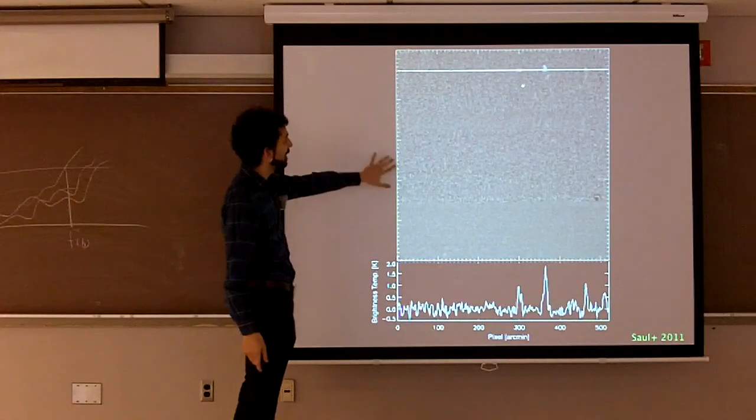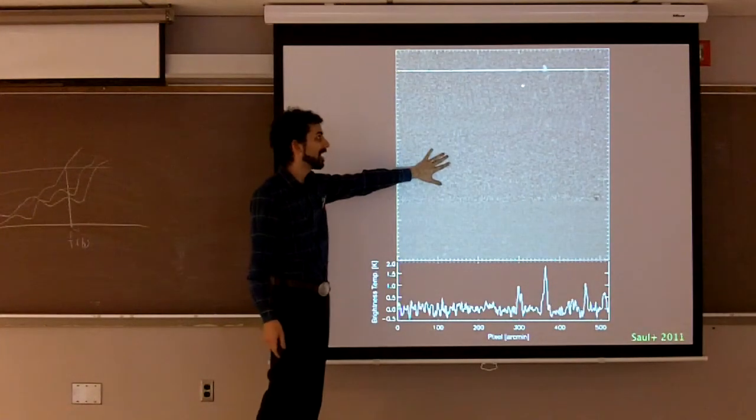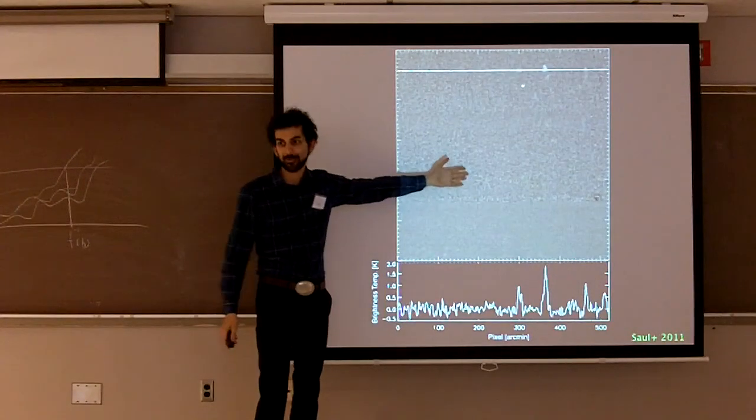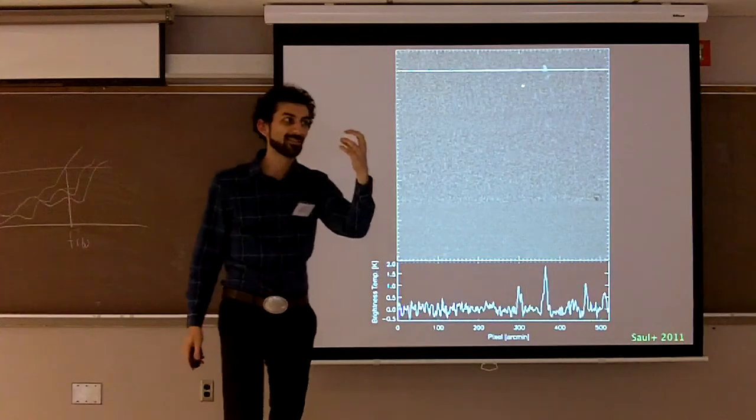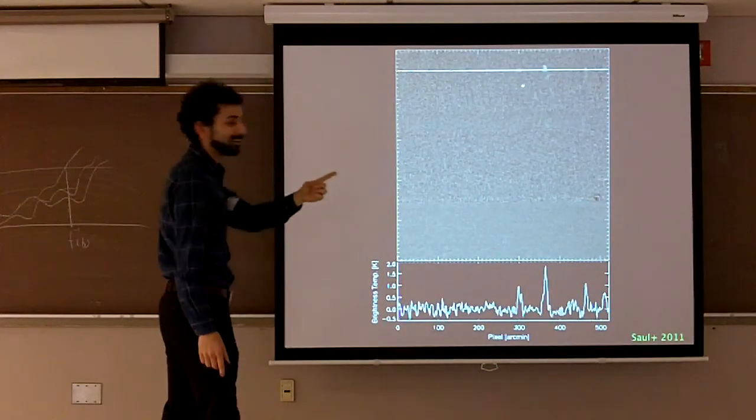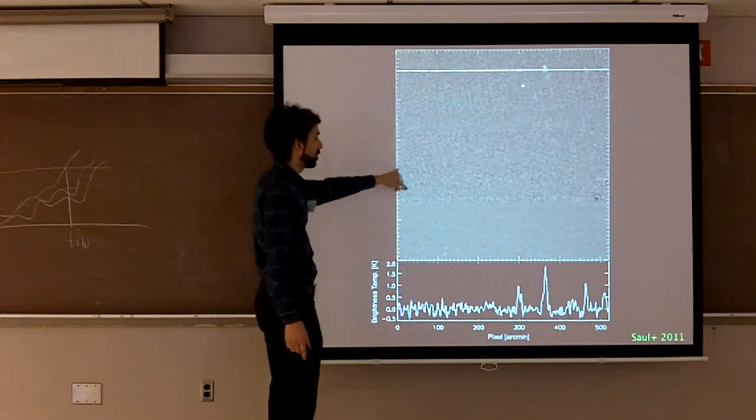What we've done is taken our data cubes. We have about 150 of them of this size, and we're going to search through them for compact blob-like objects. What's the scale? The scale here is that each pixel is an arc minute.